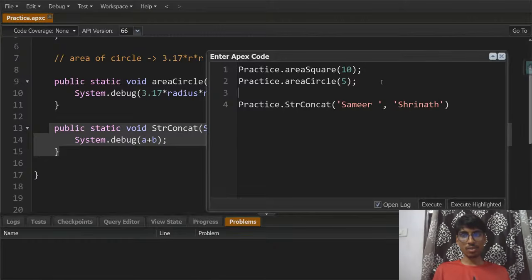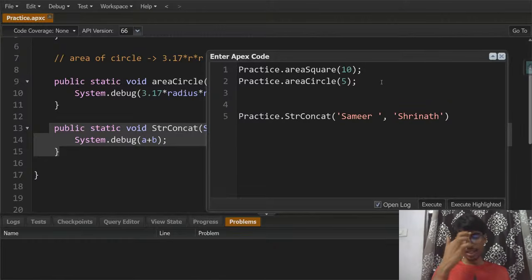And here I also want to show you one more thing, if I write string 1 is equal to Sameer,